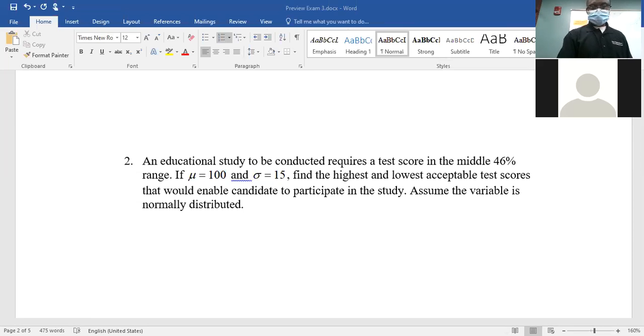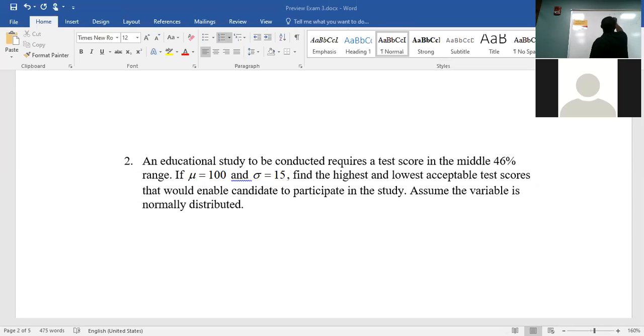Equals to normal standard inverse 0.27. 0.612 or 0.61. We only need two of them. This is 0.27. So we have